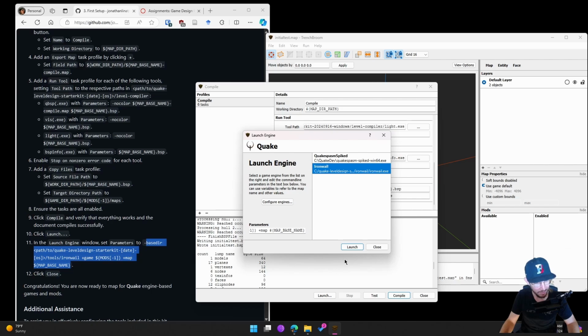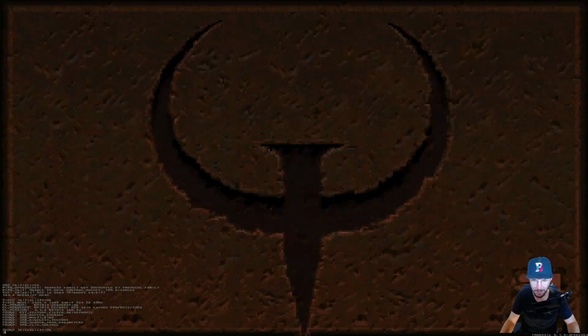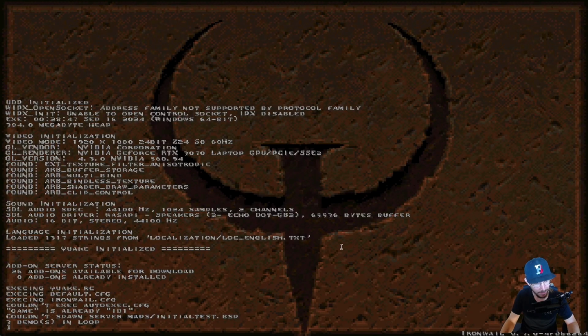I mean, it says click close, but I'm going to click launch, which I assume is going to open Iron Whale with my map playing. So it opened Iron Whale. Now we're going to read all this crap and see if it worked. So this is just Quake setting itself up. Don't need to really worry about that. Now down here,